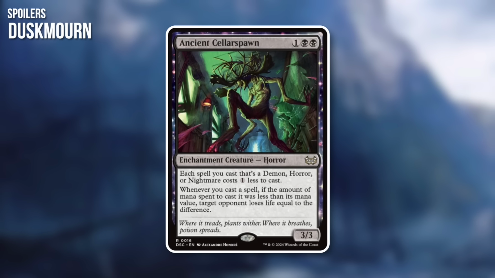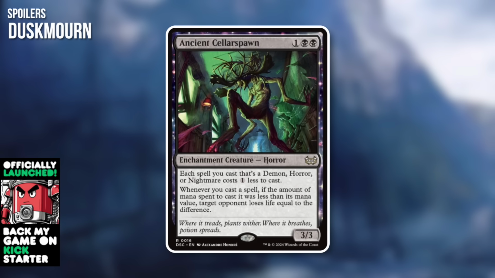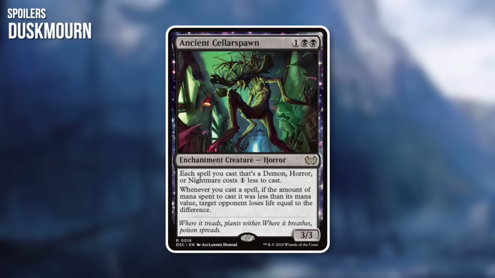Ancient Cellar Spawn, a 3/3 that costs 3 mana. Each spell you cast as a demon, horror, or nightmare costs 1 less to cast. When you cast a spell, if the amount of mana spent to cast it is less than its mana value, target opponent loses life equal to the difference. That's spicy. So obviously, any of those tribal decks out there could utilize this card